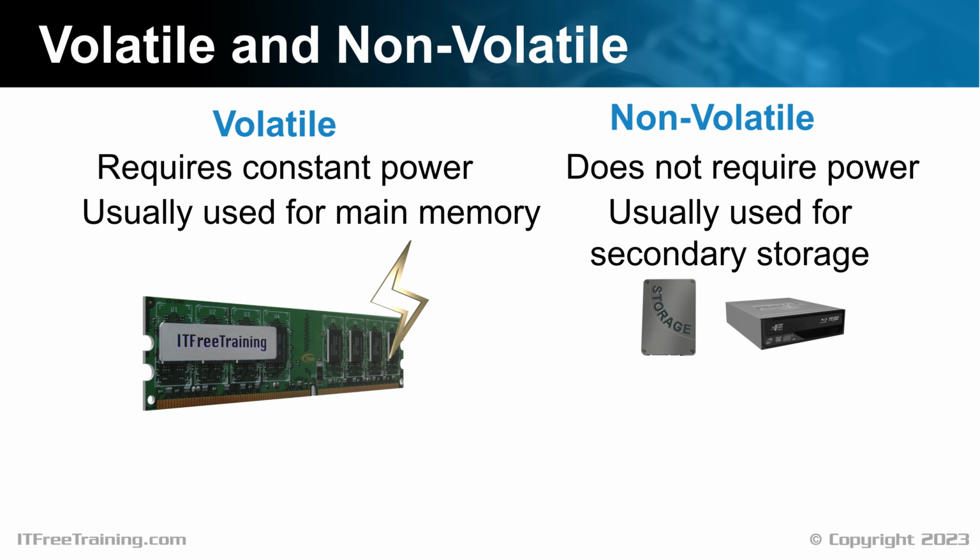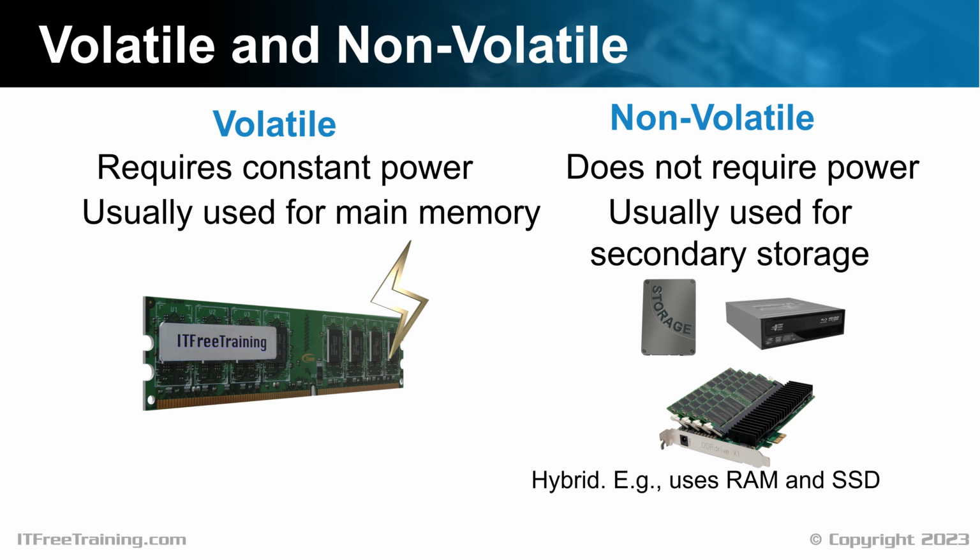In some cases, you will see hybrid devices which have storage, such as a solid-state drive, as well as the memory modules. If the power is lost, a battery is used to power the device until the contents of the memory modules can be transferred to the solid-state drive. This allows the device to retain data even if the power is lost. You don't tend to see hardware RAM devices on the market that often. This is because memory is quite cheap, so it is difficult to justify the extra cost for such a device. Also, devices such as solid-state drives have become quite fast as well, making it even harder to justify the cost.